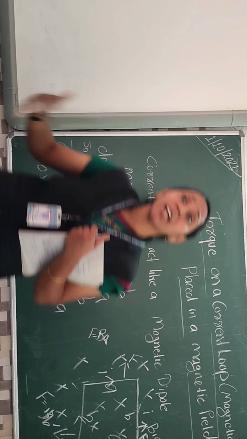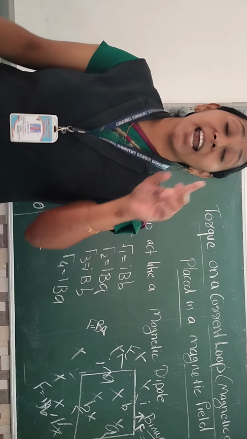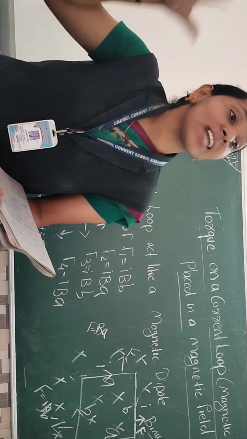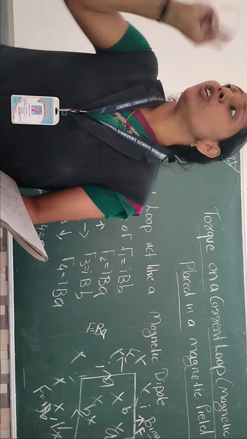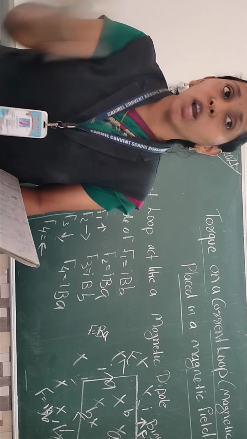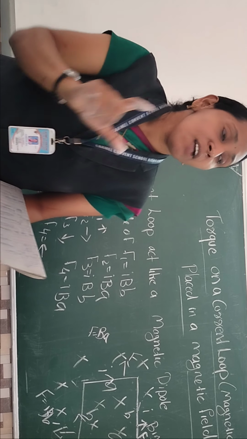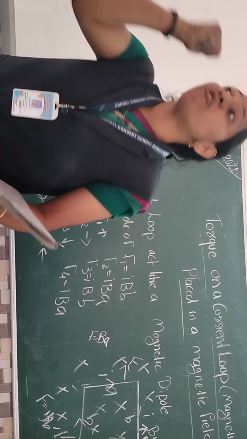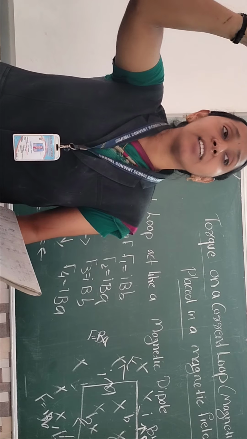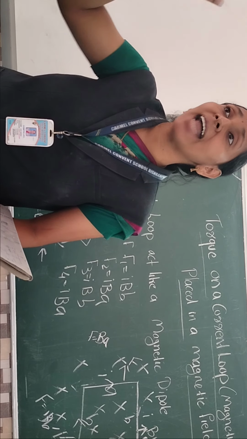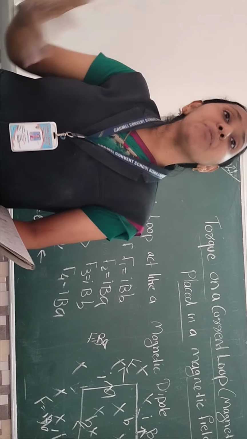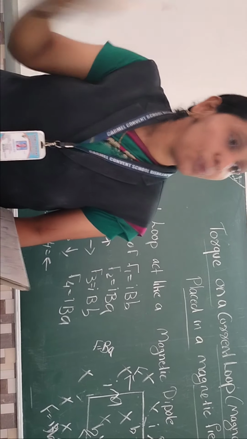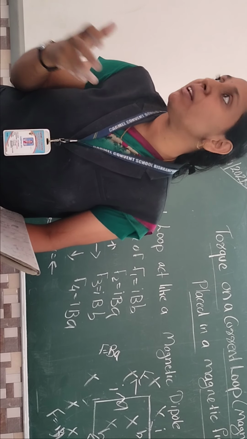And how to find out the direction of force? Fleming's left hand rule. Direction of current? Fleming's right hand rule. In both cases two given data are necessary. We have to use Fleming's left hand for the force and Fleming's right hand for the current. Only one data is given: use the right hand screw rule, otherwise the right hand thumb rule. Both are the same. We want to find out the magnetic field only given the current, so we have to use the right hand rule. I hope you can understand the difference between the rules.